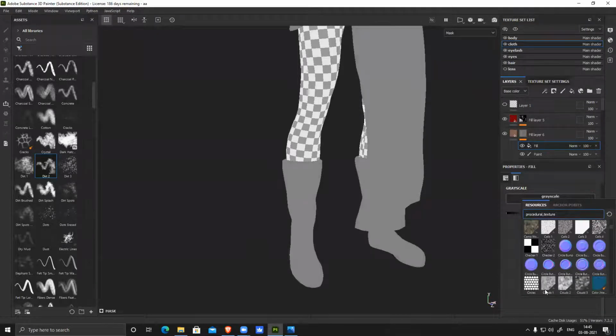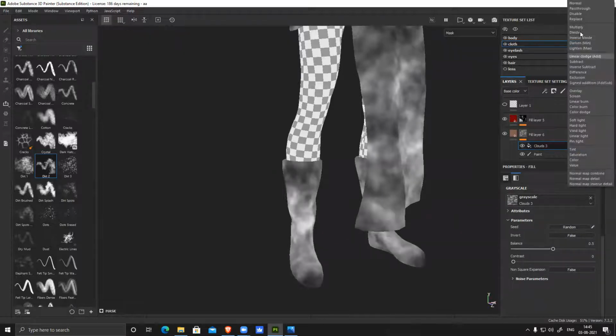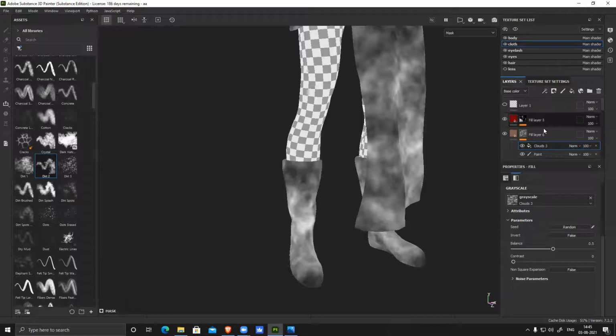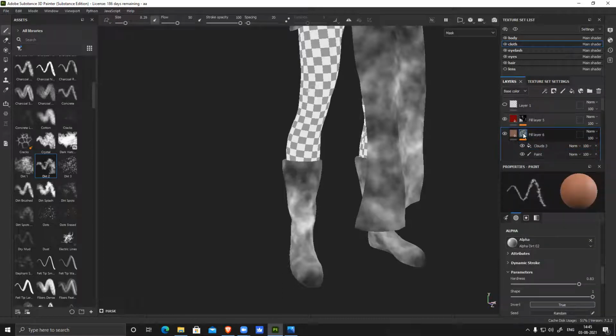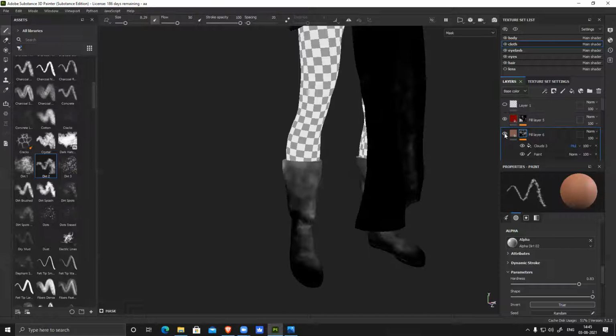So if you see, you have a lot of cloud, and multiply this with your base. Oh, sorry, I need to multiply. So you can see that bright white part is gone now,